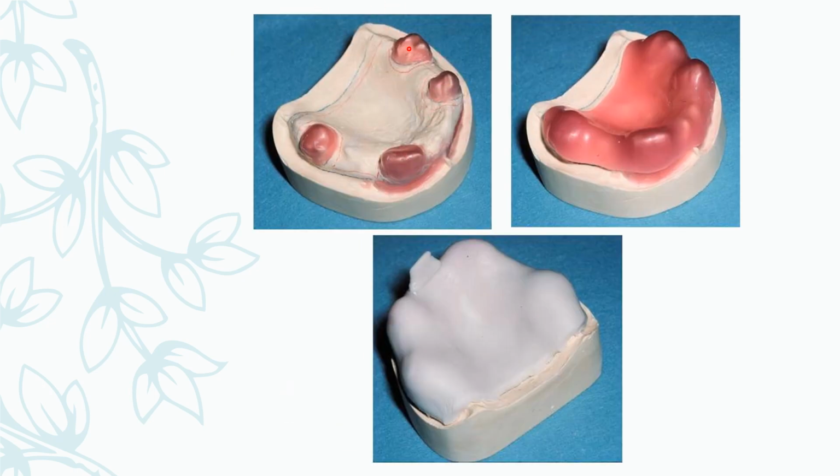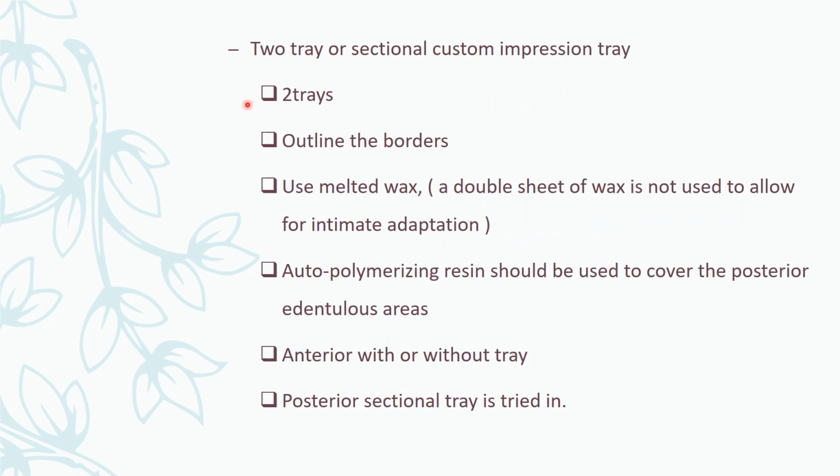So first of all, it has been covered, blocked out, and the spacer has been made. Of course, stops are made, and a special tray with the handle is made. Okay, so coming to the two-tray or sectional custom impression tray, two trays are being used. First you outline the borders, use melted wax,